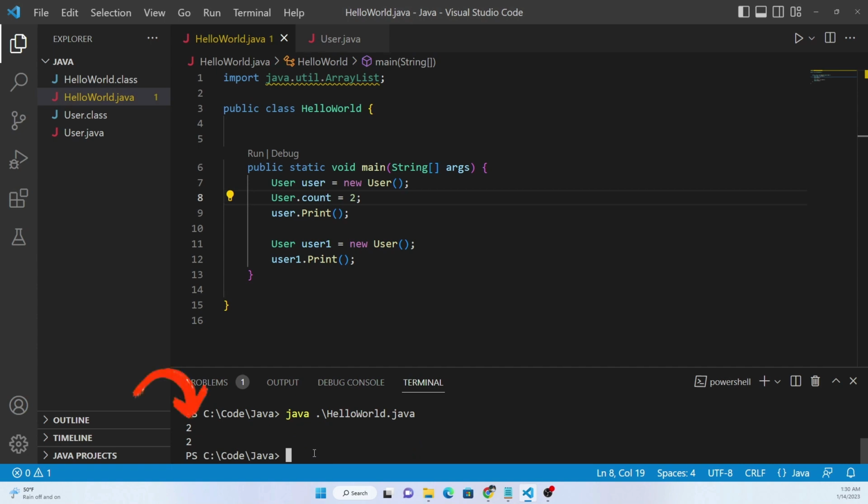And you can see we are seeing 2 and 2 in both cases. So that is the fundamental difference between an instance variable and a static variable, is that irrespective of how many instances we create, all of them are going to share the same value for the variable. Now let's create another